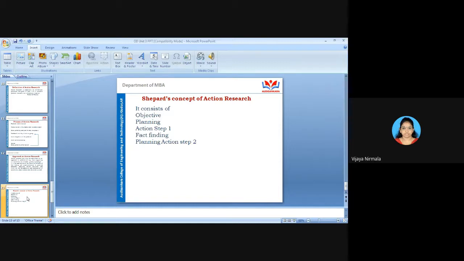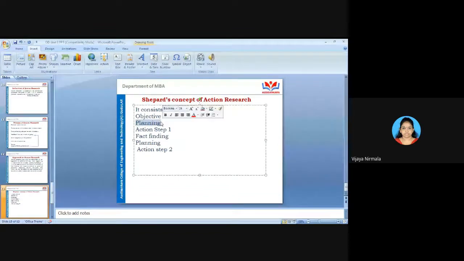One is objective, the other is planning, fact finding, and the next one also planning, and then move to action step 2. In an action research approach, the role is to help the manager in planning his actions and designing his fact finding procedures